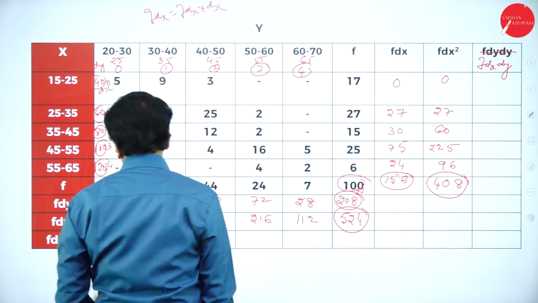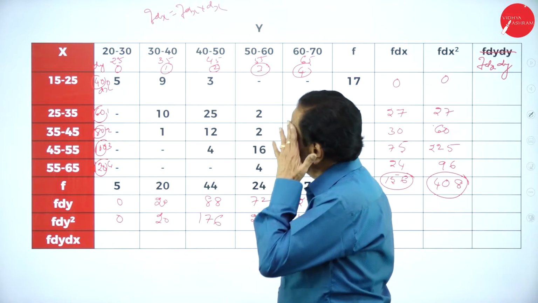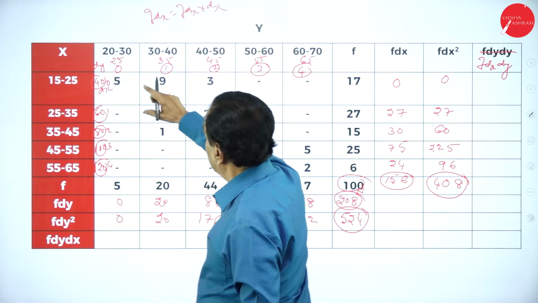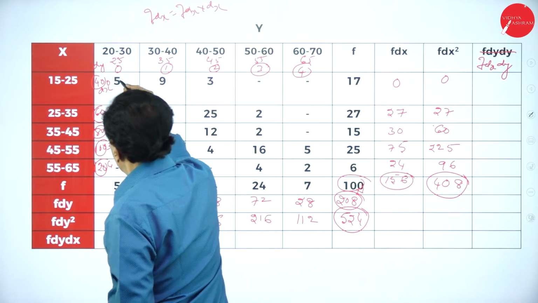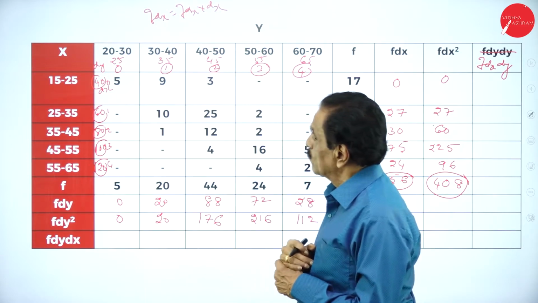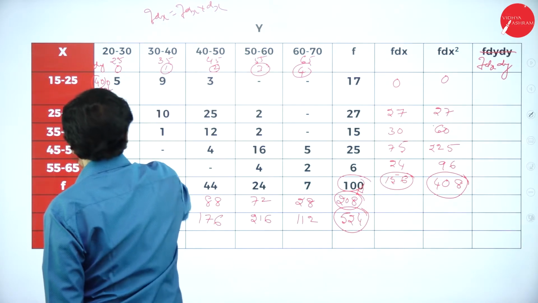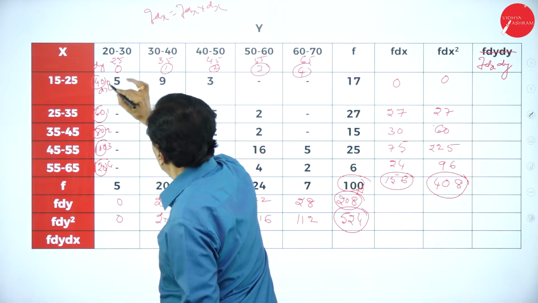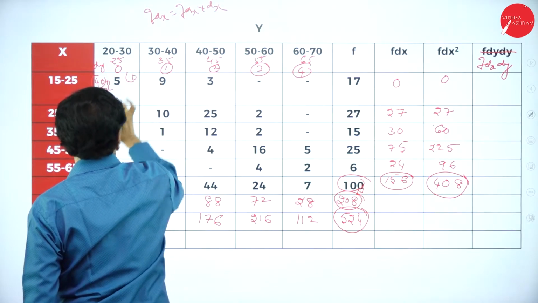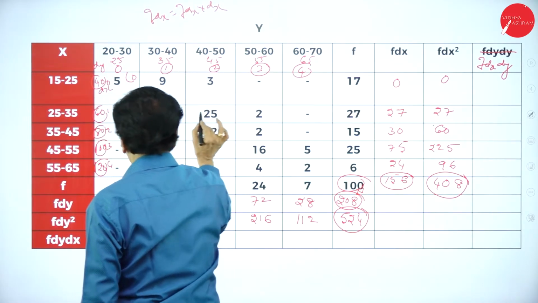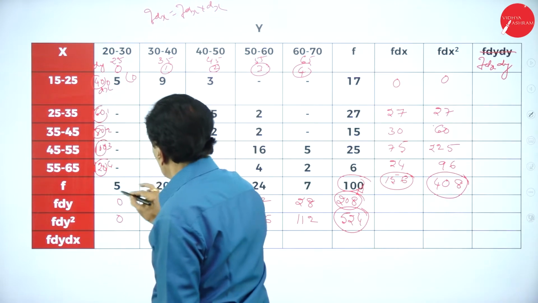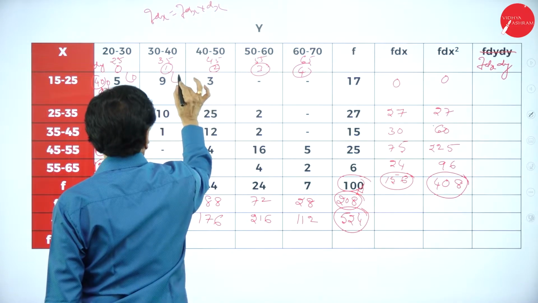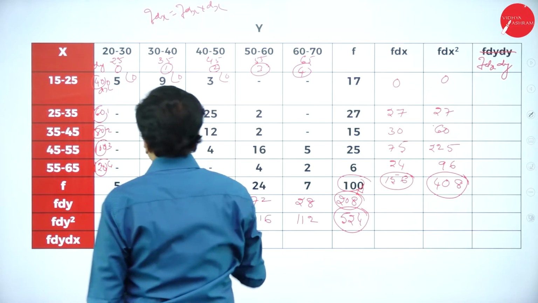The last one, f dx dy. Carefully you have to do. This is the numbers you got. Slowly you have to do here. This is your constant number. So here 5 into 0 is 0. All 0 will come. Here no numbers. 0 into 0 is 0. Here no number is there. So 1, 0, 0 into 9 is 0. All 0 will come here. Nothing there. Come back here.